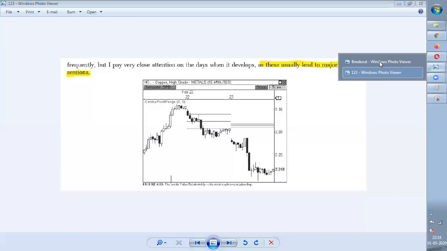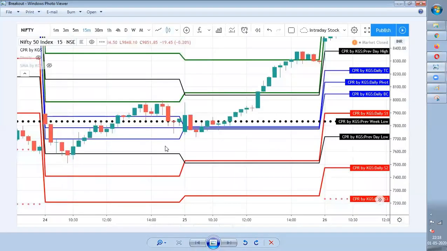Wait for some time. This is an example of inside value area. This day, if you see, the previous day and the current day are here. The previous day went like this, not an issue. And the current day, if you see, it opened nearly at the same point, and it gave a proper breakout and started moving up. So kindly wait for a proper breakout to happen, and then the movement will be very good.